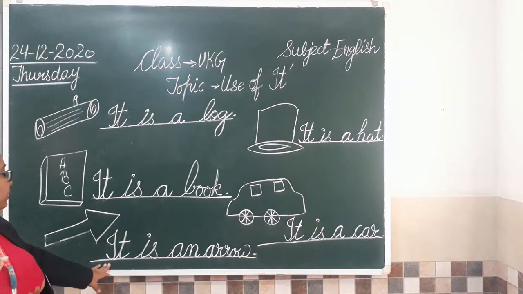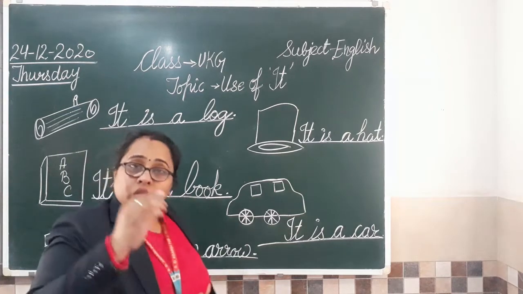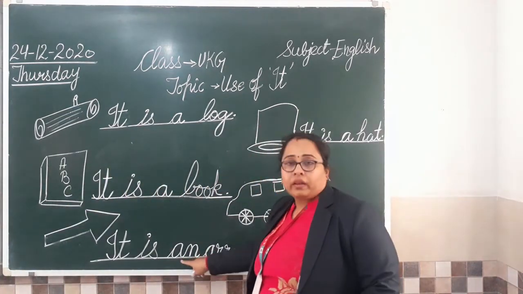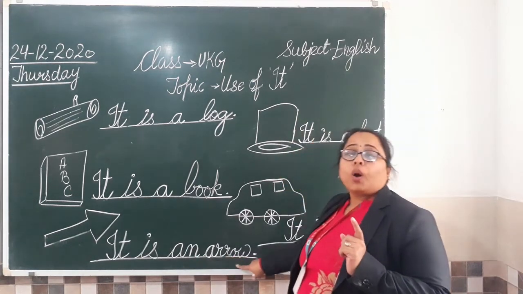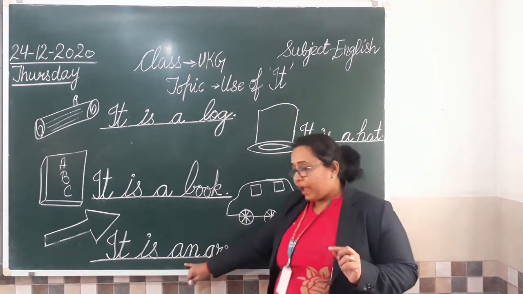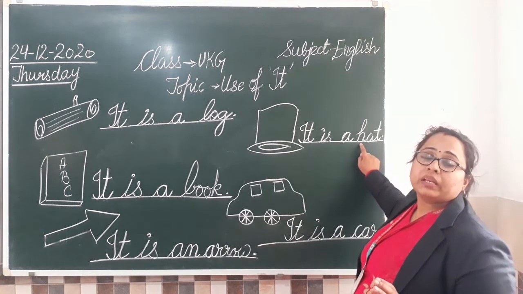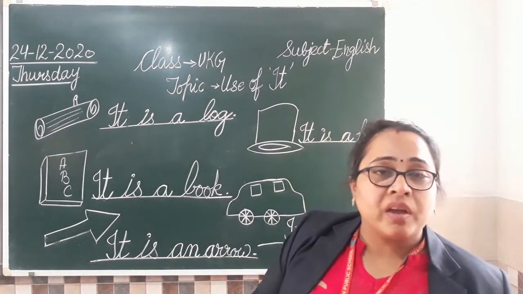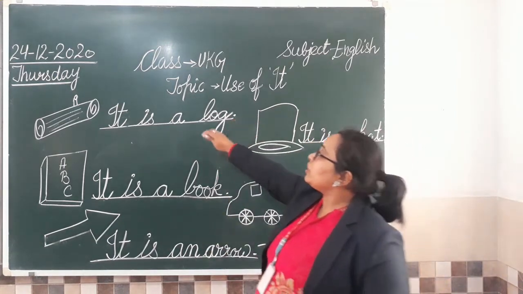Understood? So one thing you have to keep in mind, it हमेशा नॉन लिविंग थिंग्स के लिए यूज होगा और अ और एन आप वहां पे तो वो यूज करोगे ये देख के कि अगर ऑब्जेक्ट का नाम वोवल साउंड से बिगिन कर रहा है, यू विल राइट एन. अगर ऑब्जेक्ट का नाम कॉन्सोनेंट से बिगिन कर रहा है, देन वी विल राइट ए. इज दैट क्लियर टू एवरीवन? सो लेट्स हैव अ क्विक रिवीजन.